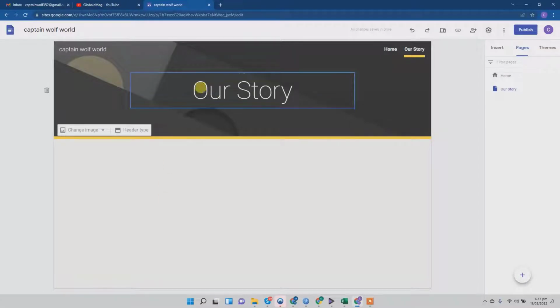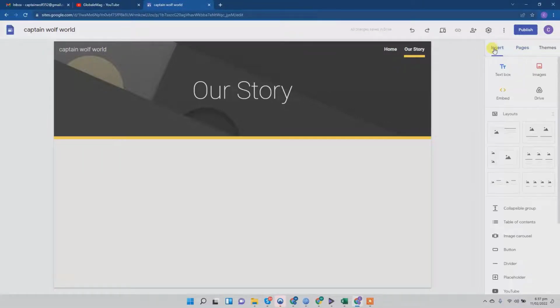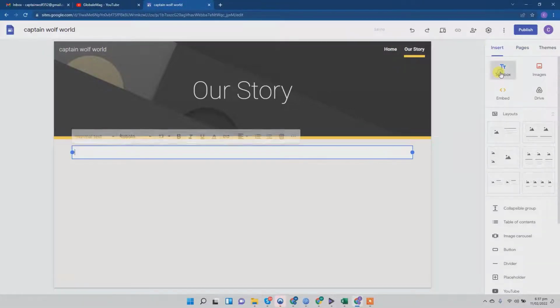Our story, the title is appearing over here, and we are going to again put in some text over here. We will move to insert. Just click the text box. It is going to show us the text, and we will write our own story, or you should write whatever you feel necessary in your own story, so that the user, when they visit your website, knows